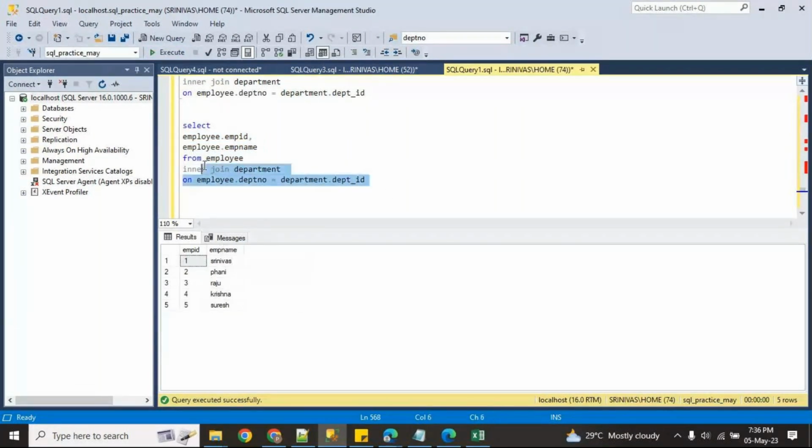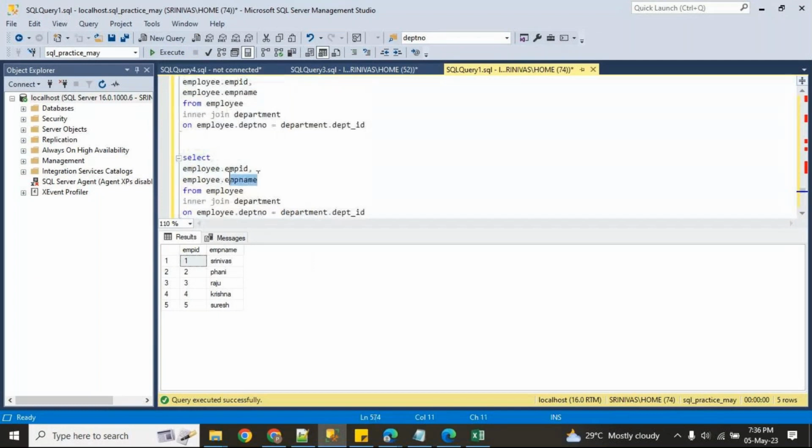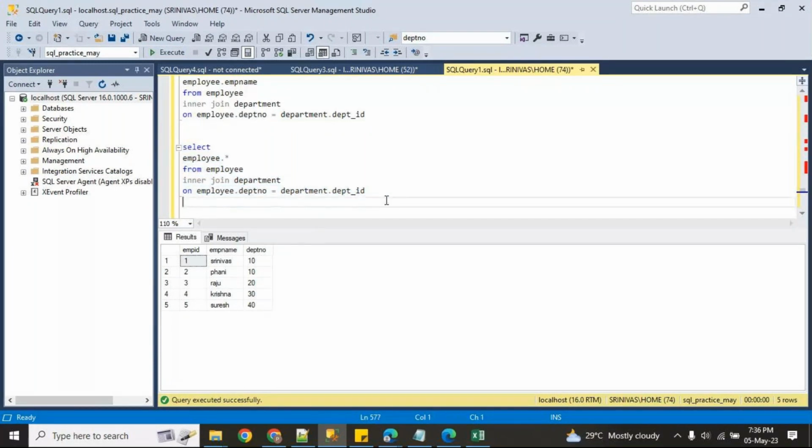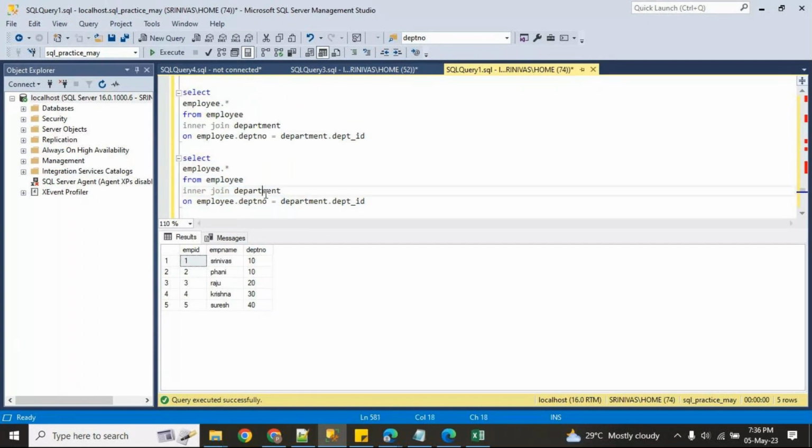Star means all the columns of the employee table. Now observe this output. I want only department wise, the department table, all the columns you will get.